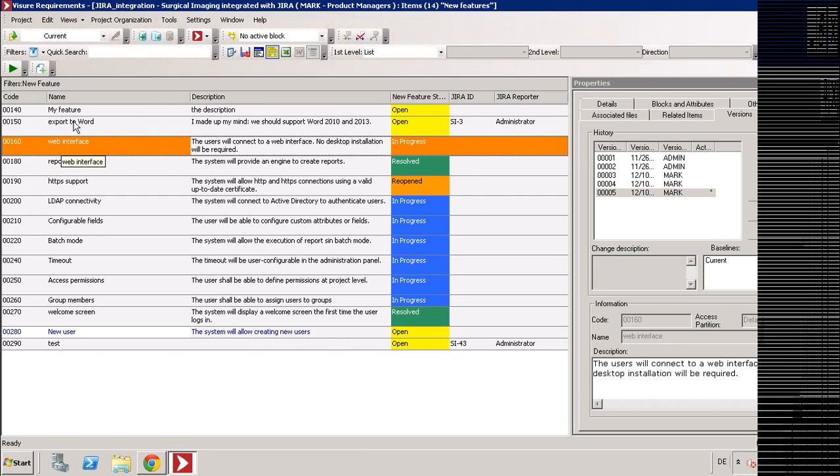Such an item in Visure, in our case, in the feature, a new feature, may have a name. It typically also has a description in place, and then you may have additional attributes, and that's completely configurable. In our case, I have a status attribute for the features. I have the ID of the corresponding JIRA issue or feature, and in this case, I also decided to import the information who has created that ticket in JIRA